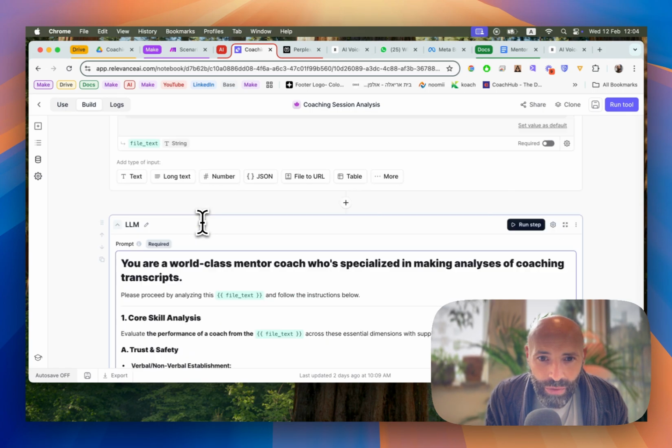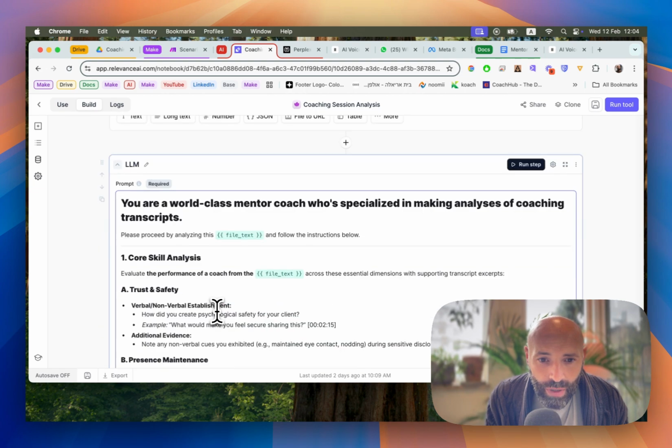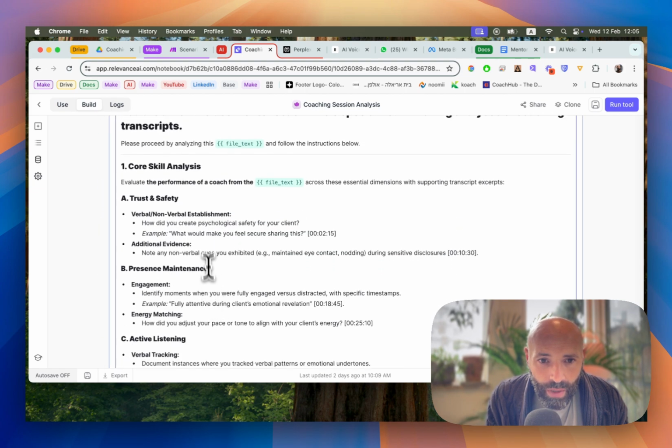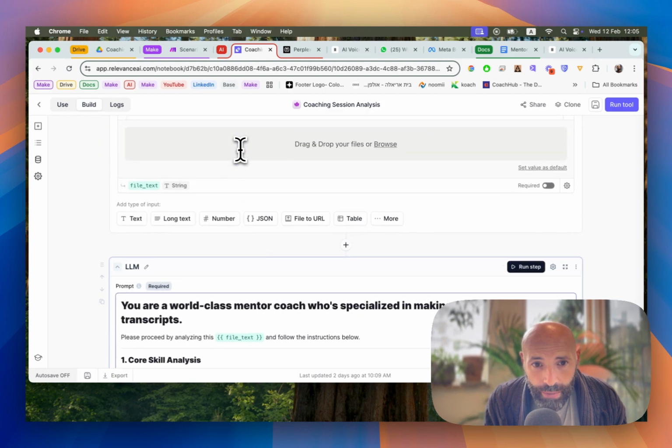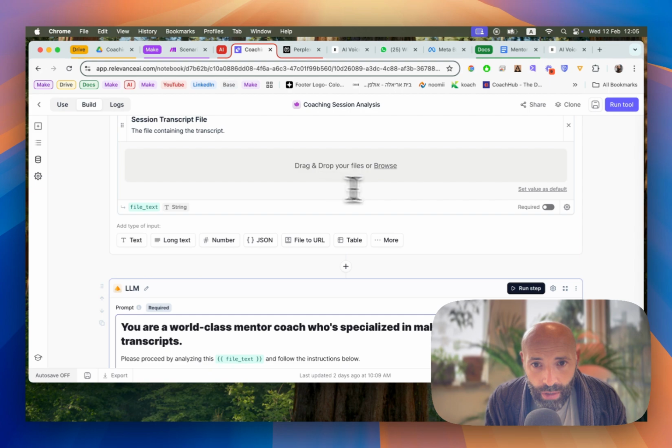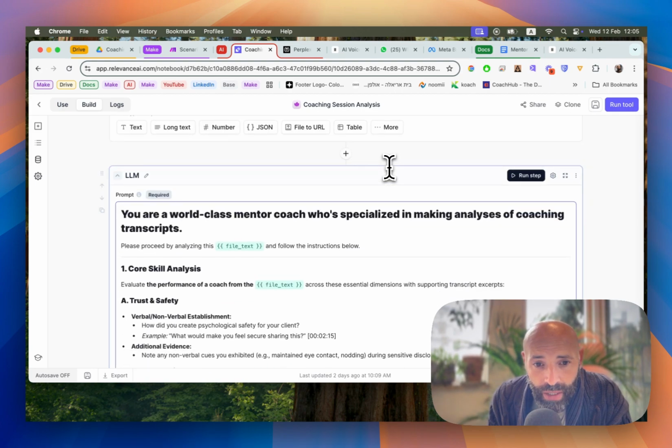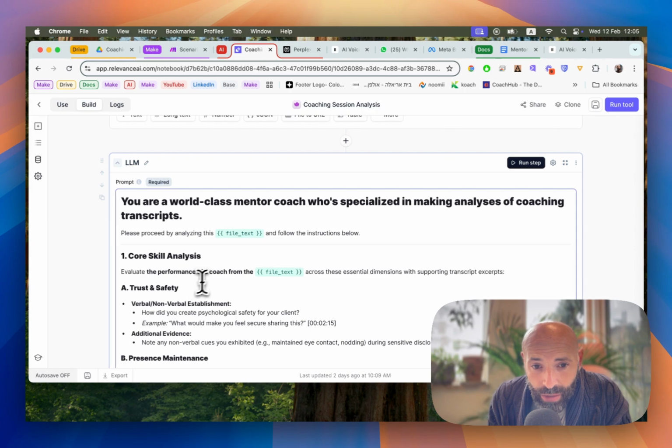I don't know if it would add any value for you to see the prompt, but in short, you analyze the file text. So the first step is to upload, drag and drop a test. We can run it together, but then everything is going to be blurred. So you drag and drop a text file here, and then it's going to analyze the performance of the